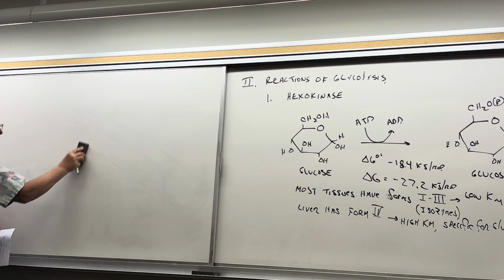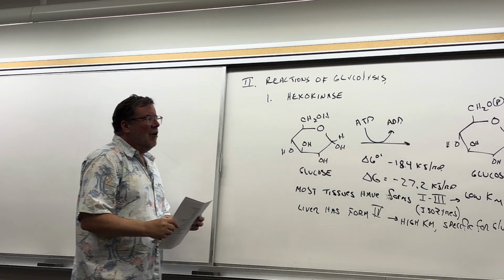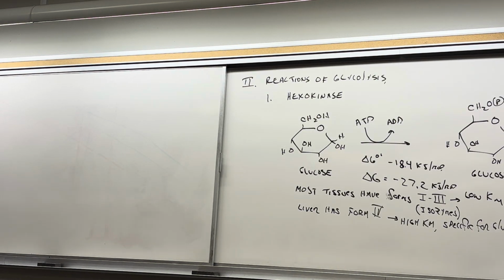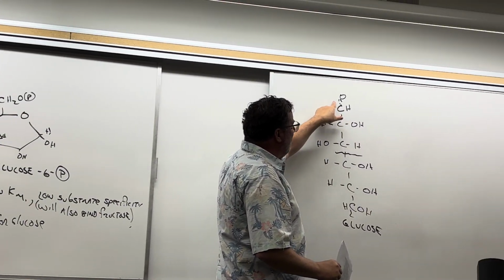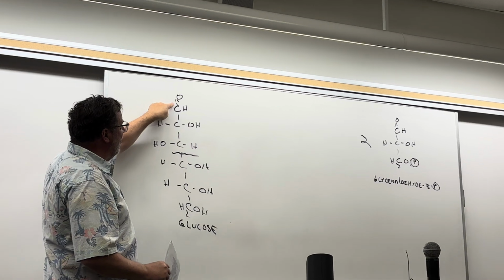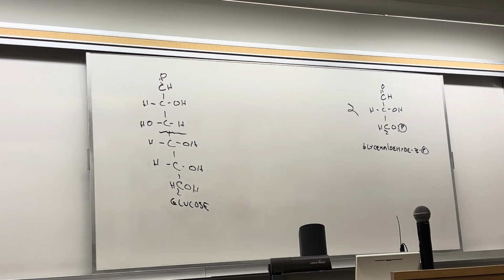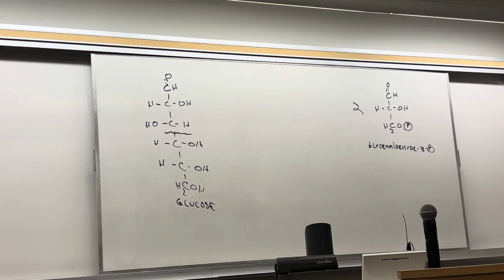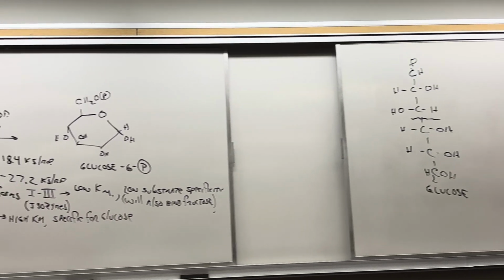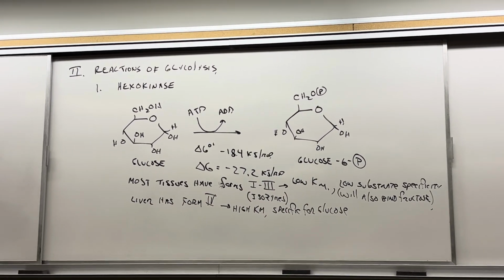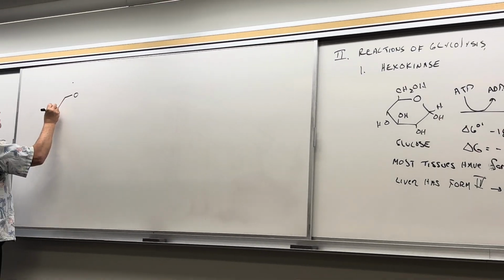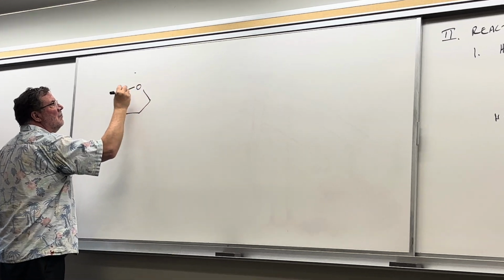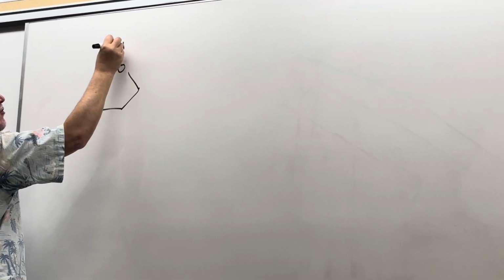All right, so the next one. We mentioned, okay, well, what do we have to do? One of the things we have to do is split this molecule in half, and I said in order to split this molecule in half, the chemistry is enabled by the carbonyl not being at carbon 1 and carbon 2. So the next enzyme is going to move the carbonyl from carbon 1 to carbon 2. So we're going to take our glucose 6-phosphate,